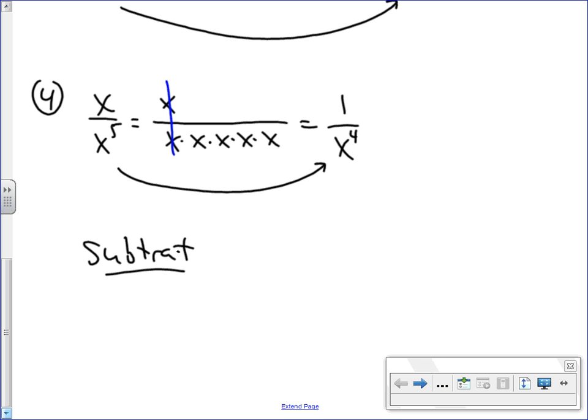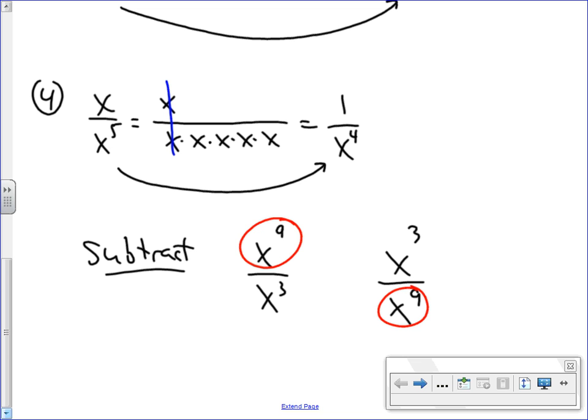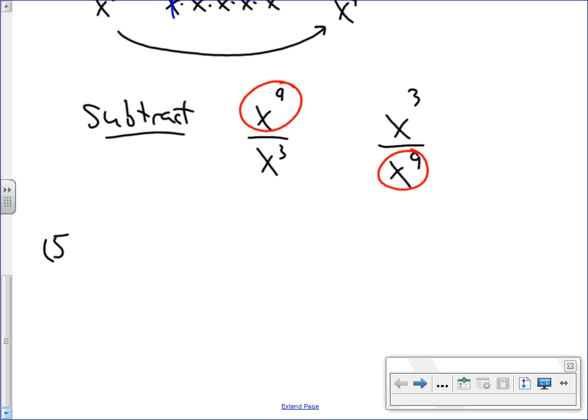The key, however, is that you need to pay attention to where more variables existed at the beginning. So if you start off with x to the 9th over x cubed, you have more variables in the numerator, so your answer is going to end up with variables in the numerator. On the other hand, if you start off with x cubed over x to the 9th, you have more variables in the denominator, so your answer is going to end up in the denominator, okay, with a 1 on top of it. All right, let's take a look at a couple more examples of this